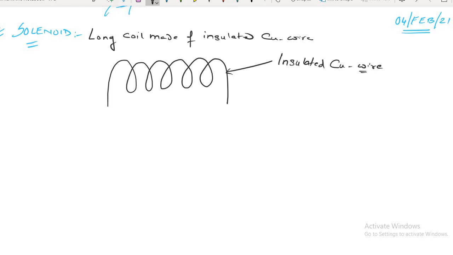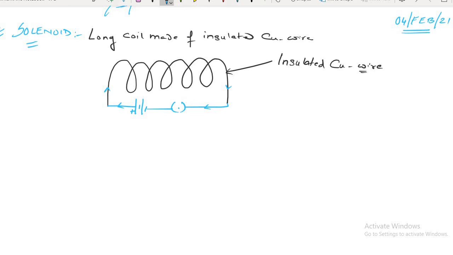Okay. So whenever you attach this solenoid with a battery and a key, if you close the switch, then current will flow in the circuit. Current will flow in the solenoid. This much clear? As current flows in the solenoid, what will happen?